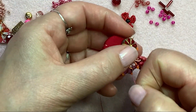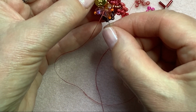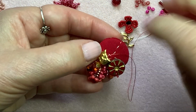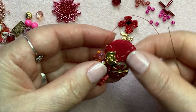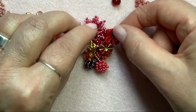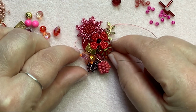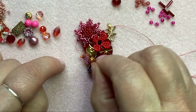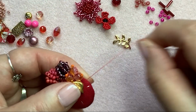As you can see, as you get more on, it starts to get more congested, and you need to just take a breath sometimes and find what's caught the thread up and go and uncatch it. Okay, so you see we're starting to build now. You can see how it's starting to become something. Now I've got some space here to fill, and I've got some space here, so I'm going to do some more loops here and potentially add in